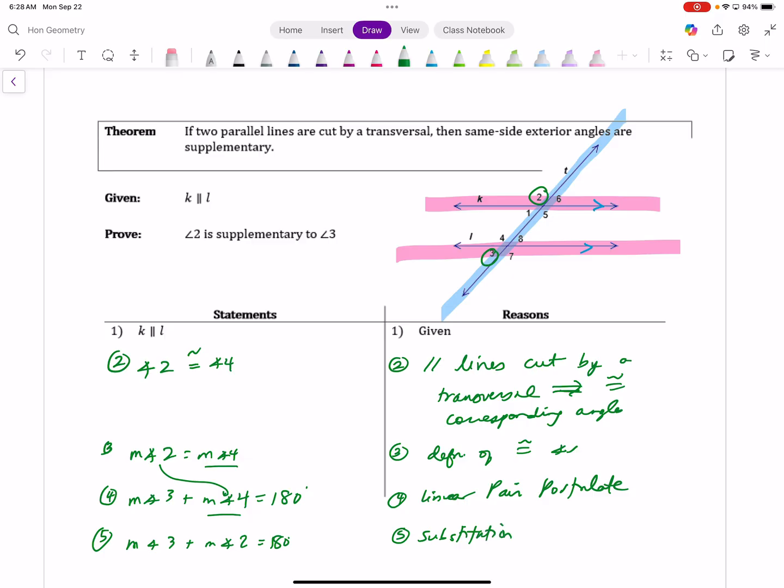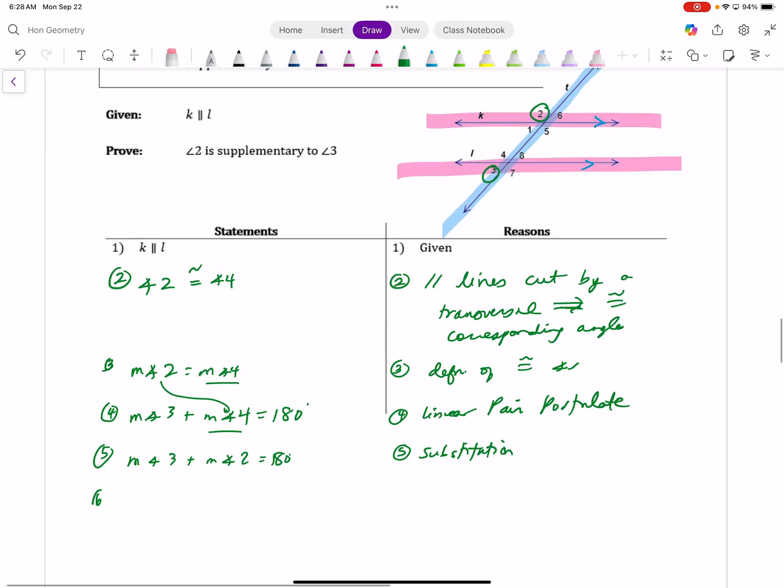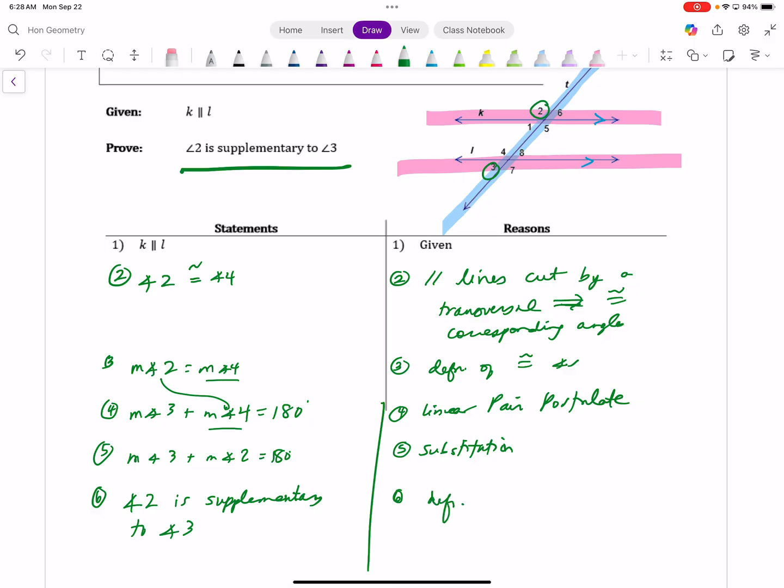And then we can say what they want us to say, and we're going to say it exactly in that order. So angle 2 is supplementary to angle 3 by the definition of supplementary